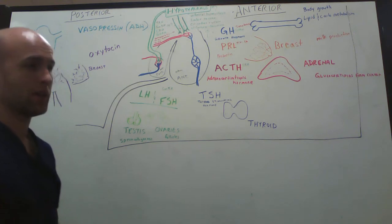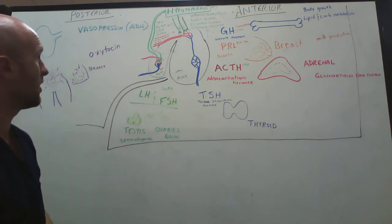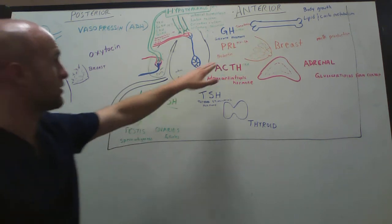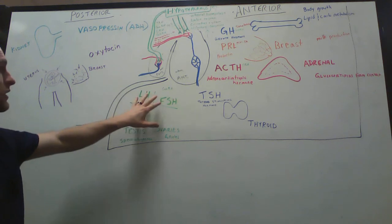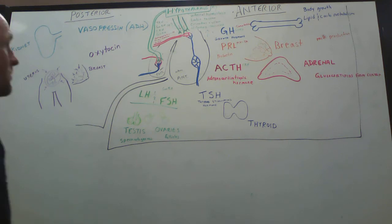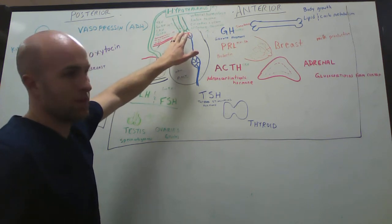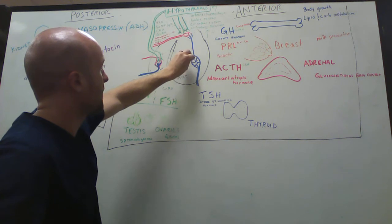The ones that are inhibitory are somatostatin, which has an inhibitory effect on growth hormone, prolactin inhibiting hormone, also known as dopamine, and it obviously has its effect over here, and gonadotropin inhibiting hormone, which has its effect down here, opposite of gonadotropin releasing hormone. So each one of these little peptides is released in here. Remember, peptides don't last very long in circulation. They'll disappear within sometimes less than a minute, up to maybe just a few minutes. So they're released here in this blood supply, and they travel down into here, and then where they come out